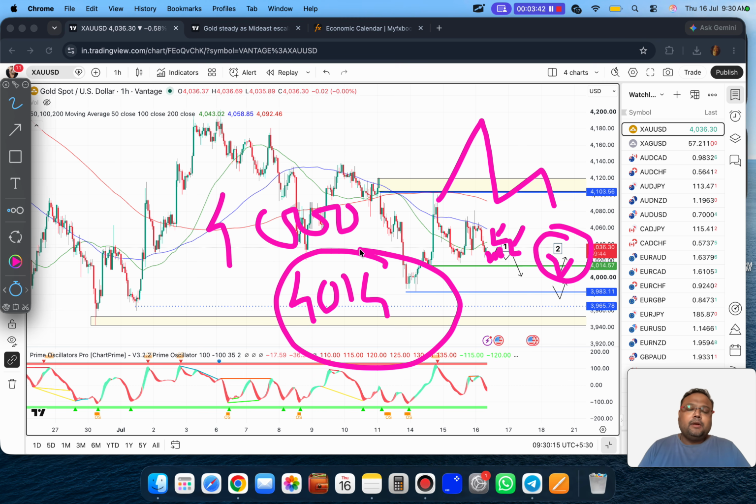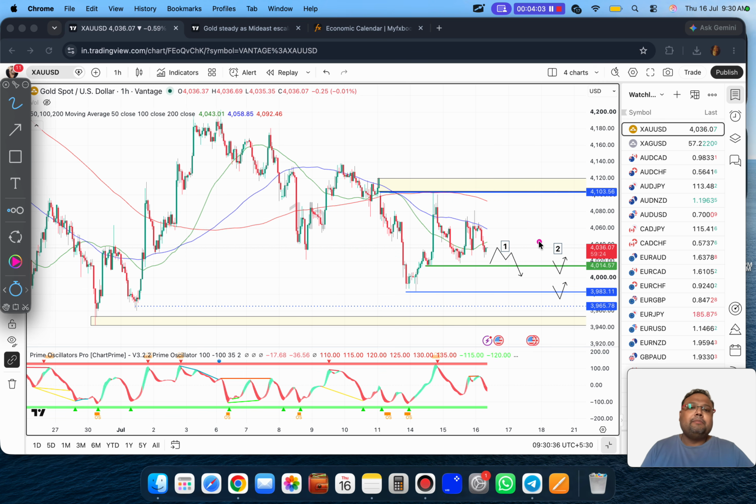Why? Because we can take a sell below 4014 if you see the market is forming lower highs. On the other hand, if market drops without any proper market structure, then we can expect the market to come up again. When market will be coming up again after liquidity grab, we can look for a buy